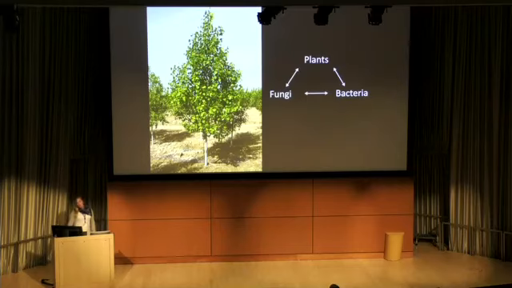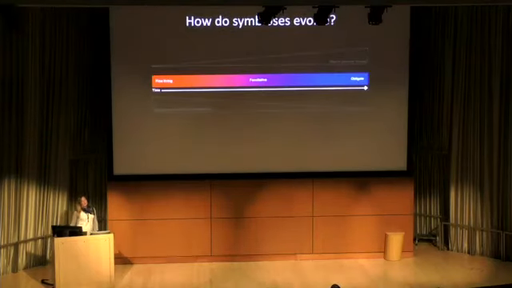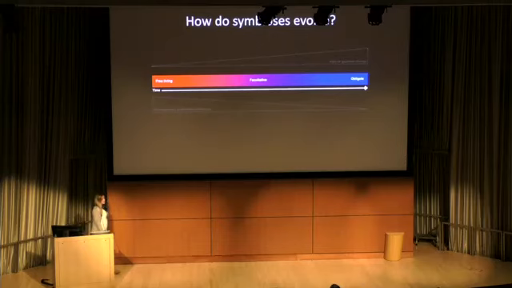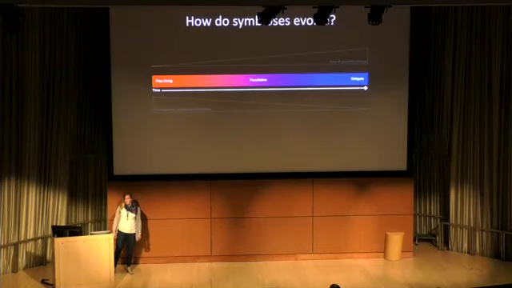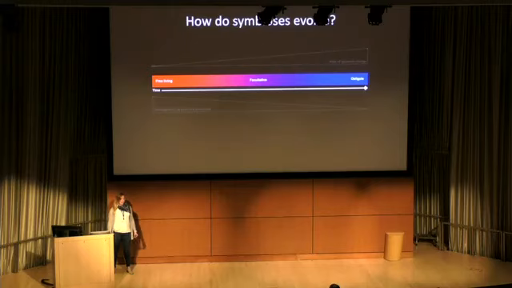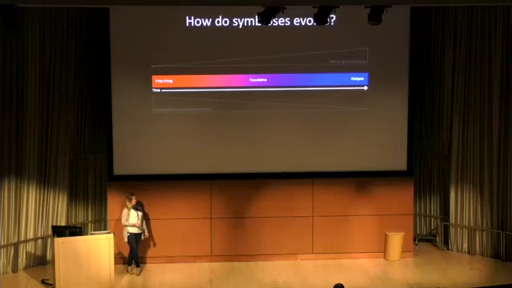So I'm going to show you a few more trees in this talk, but they'll be phylogenetic trees. I study bacterial fungal interactions in vitro in lab. And really what I've been trying to do is use this system to ask a broader question that I'm interested in, and it's how do symbioses evolve? So for bacterial fungal interactions, specifically these long-term co-evolved endosymbionts that we've been thinking about, presumably once they were two free-living microbes. And I'm going to try to make the argument to you that as two free-living microbes,